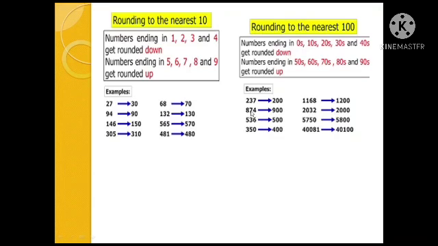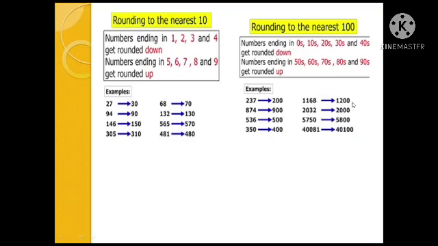874: the 74 crosses a 5, so it will become 900. 536, which is less than 50, so it will become 500. 350: it crossed 50, so 400. So the last two digits we have to see and convert. 1168: the 168 will be converted to 200, so the answer will be